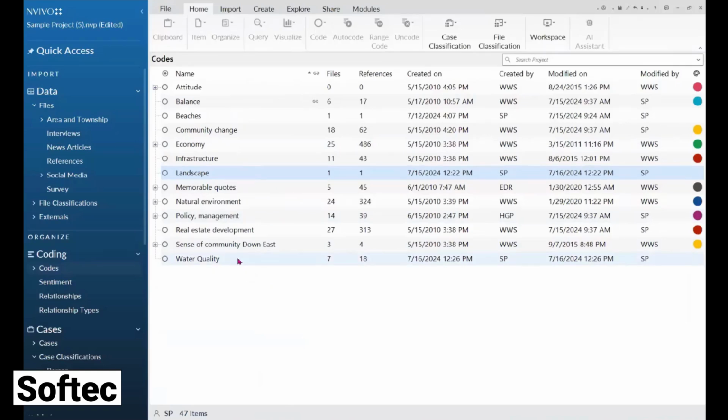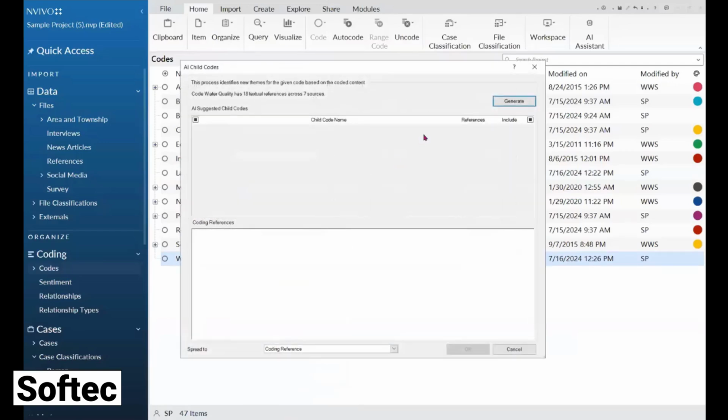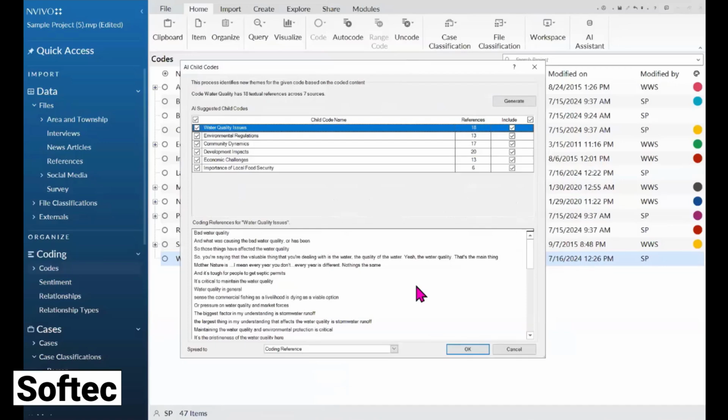Now I want to ask the software to do the sub coding for me. So I'm going to right click on water quality and go to AI Assistant. And now it will suggest child codes for me. So I'll ask NVivo to generate that. It has many references, so it takes a little longer, but not that much time. So you can see here, this is what NVivo is suggesting for subcodes